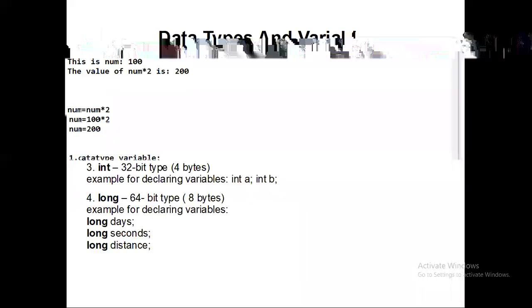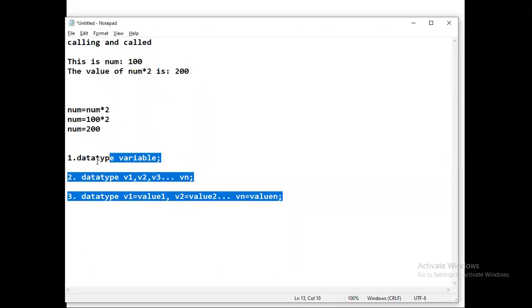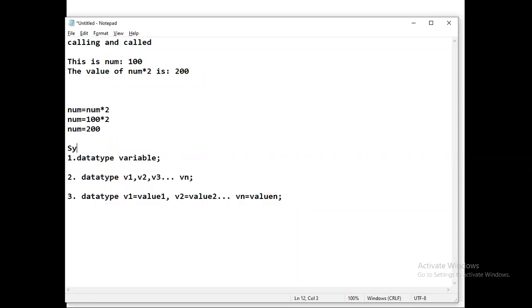So instead of copying this screen, we can copy this much, so that for every data type you can remember this formula. You just copy. So I can say this is syntax